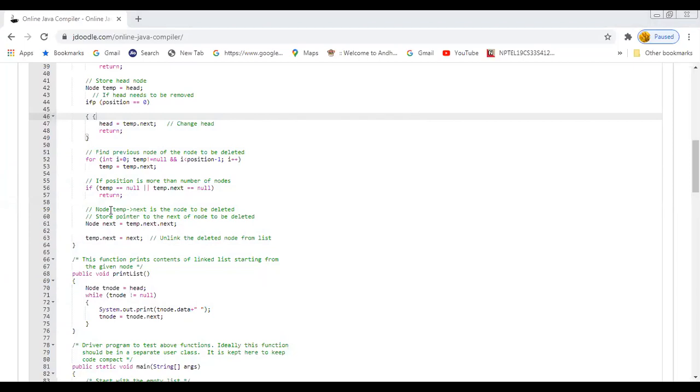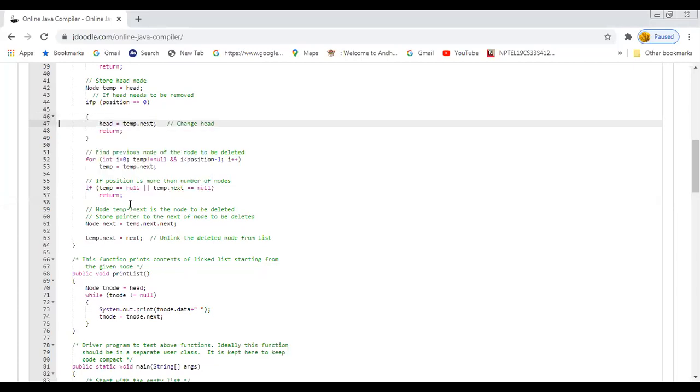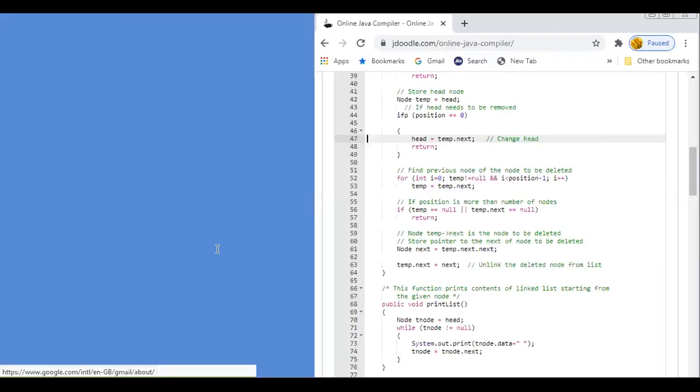So we need to verify that it is within the count of the number of nodes of the linked list. So this particular loop will check whether the position number is less than it or not.